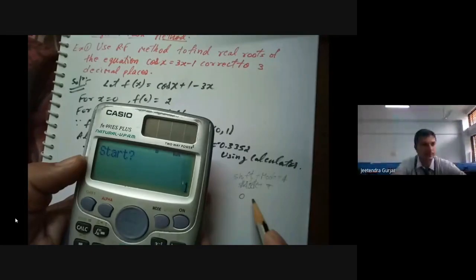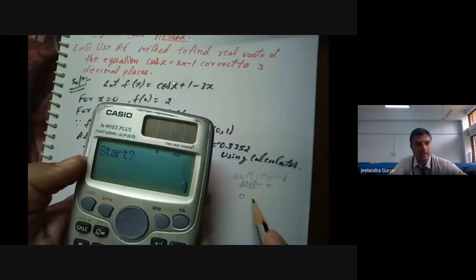This one, that is cos x. You can see the arrow mark in the video. F of x is equal to cos x. Cos is directly given, but for x you have to press alpha. Alpha plus the red bracket is there, see. There we get x. And then plus 1 minus 3 into x. I have repeated it again 3 times. Just focus once again.